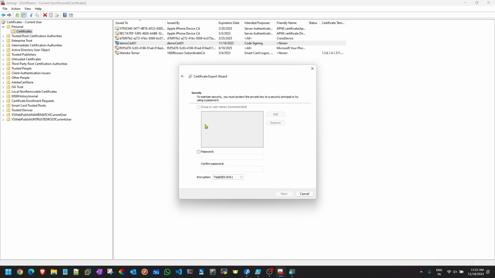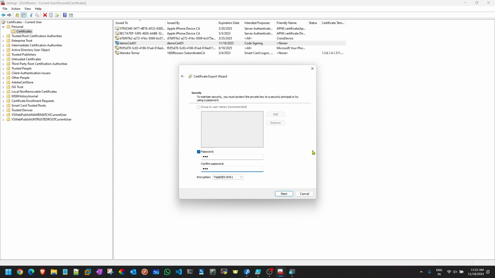This password will be required when you try installing the certificate. So even if somehow you get my certificate and you don't know the password, you can't deal with it. That's an additional security to your certificate. So I'll click here on password and I'll give any password over here. Now if I don't tell you, you'll not be able to deal with it.